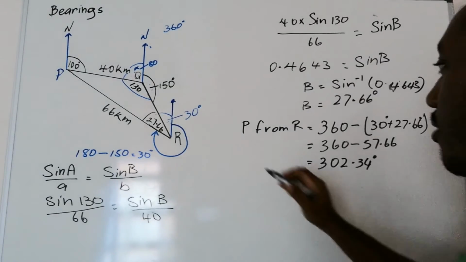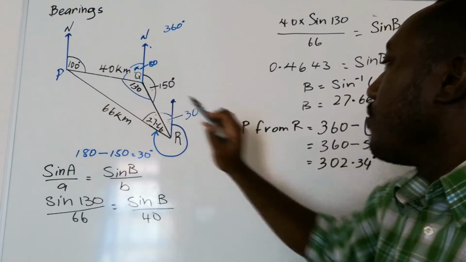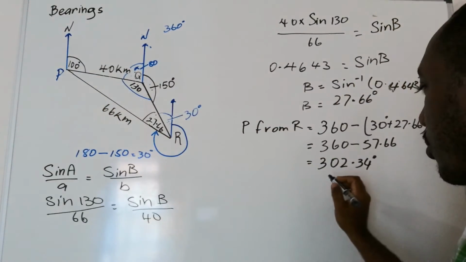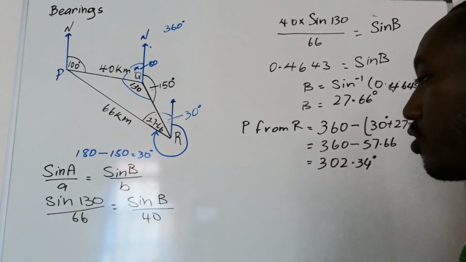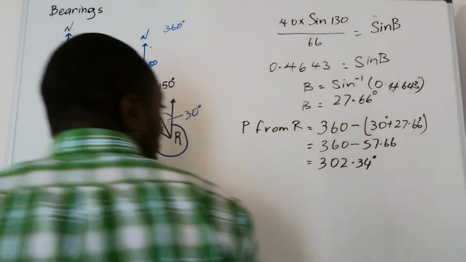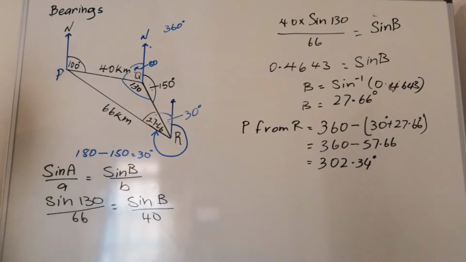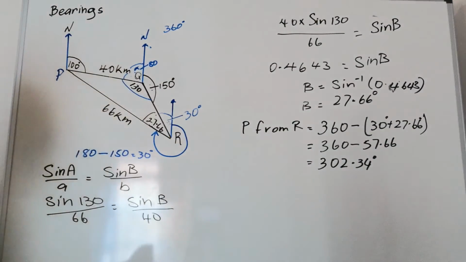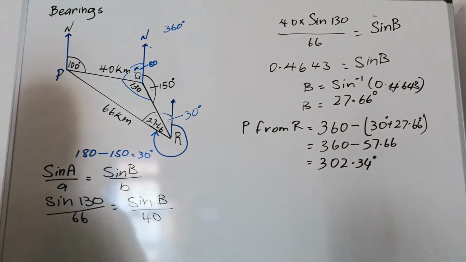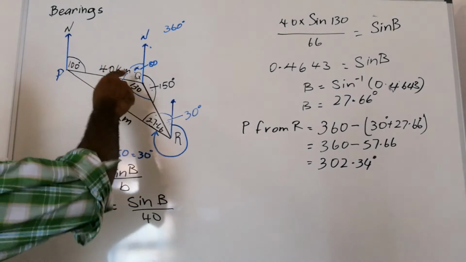So our bearing of P from R is approximately 302.34 degrees. So next, we will do the final part of the question where we will find the distance of